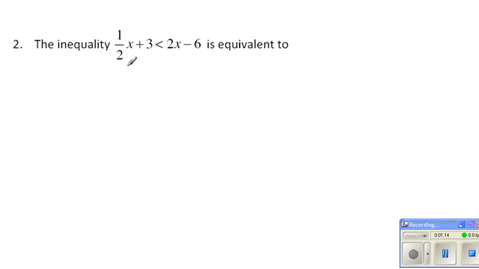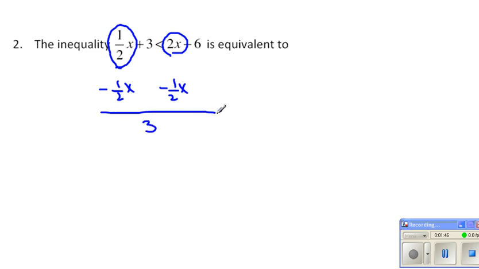Alright, next. Number 2. Now, in order for us to find the values that satisfy this inequality, what we need to do is this. Similar to what we have done before, in other cases, we want to move the x's on one side, the other values on the other side. So here it goes. So we have 1/2 x and 2x can be combined together by subtracting 1/2 x on both sides. Then we will end up getting 3 is left, which is less than 3 over 2x